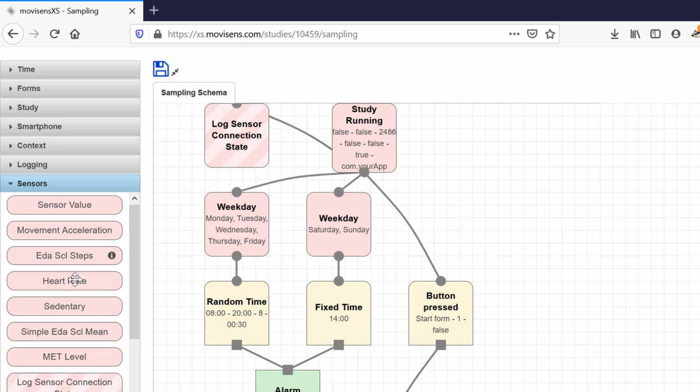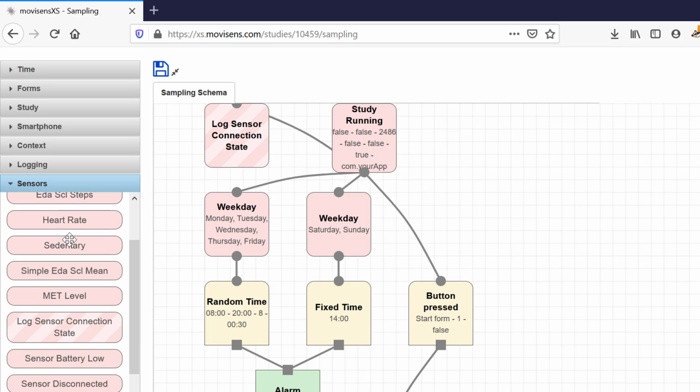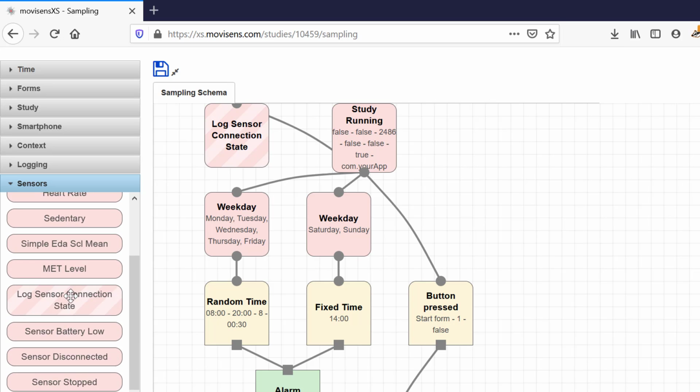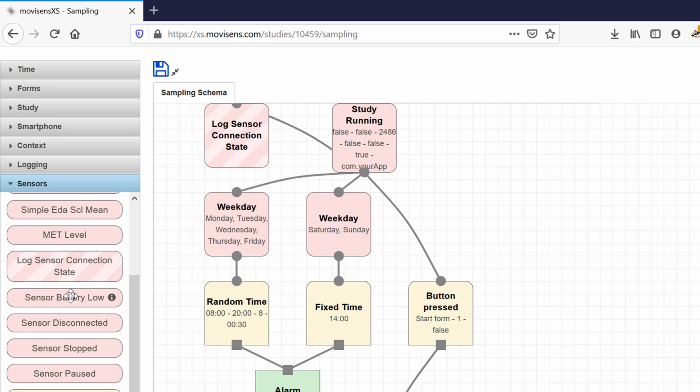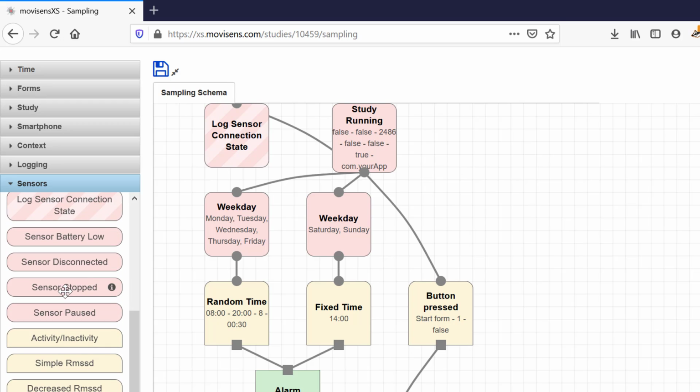Each sensor can do certain things. So if you have an EDA sensor going on the arm, you can also be looking at movement acceleration. You can also be looking at different elements that all combine but are utilizing the one sensor, or you can use multiple sensors across the body. So these ones are really important.